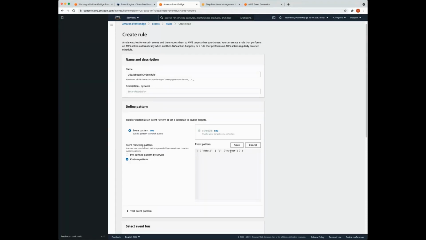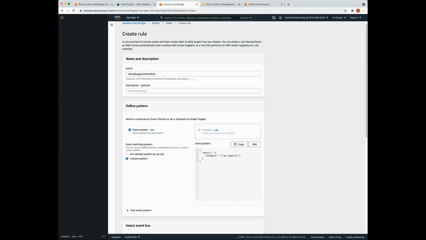So we're going to change this to lab supplies, and we're going to change the value to, oh, actually, no, it should be category, and the value should be lab supplies. And we're going to review that, make sure it's fine. We're going to hit save there.